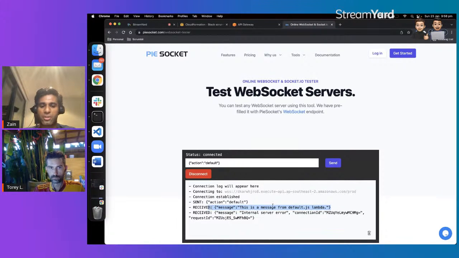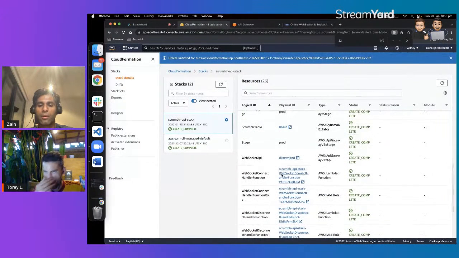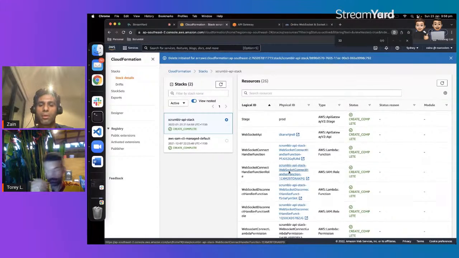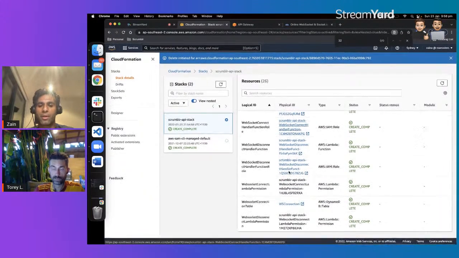So the message is coming, but we have an internal server error as well, from the Lambda. To be honest, I'm not entirely sure. We'll need to check. Let's go and have a look. I think that was there before. I think it had to do with the return from the Lambda. I think we were trying to solve the problem where it was sending back two messages, and then we just said, okay, we'll just leave it.